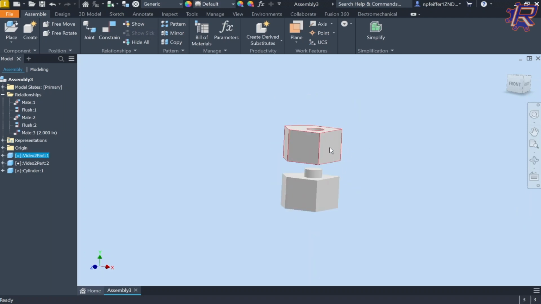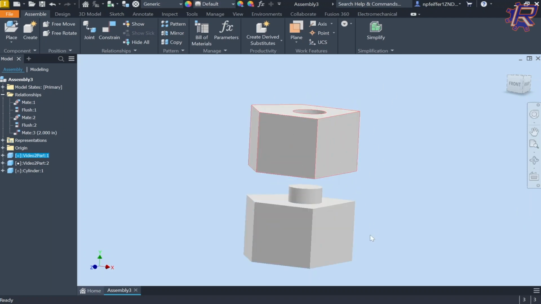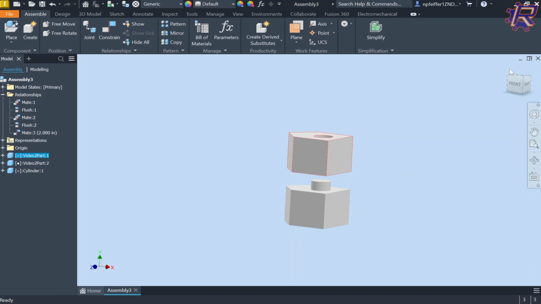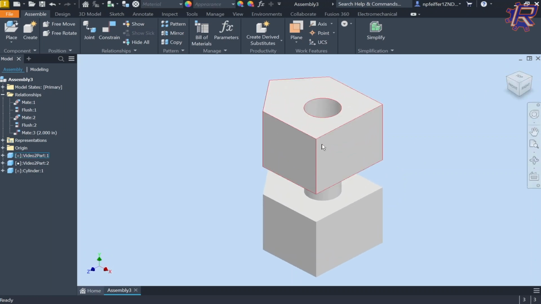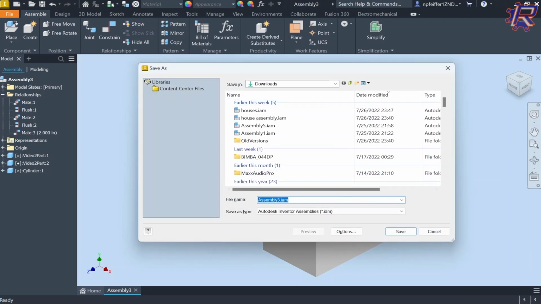And one other thing to note with parts and assemblies is that within an assembly, each part has a file reference. That's how the assembly knows where the part is coming from. It is the file directory of each part. And you can run into certain problems if you ever change this file directory by, for instance, moving the part or changing its name. So if I save this assembly real quick,